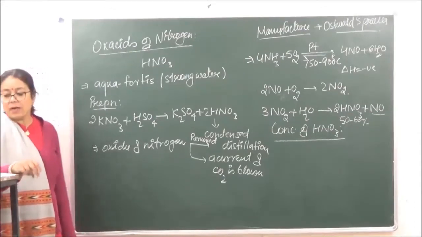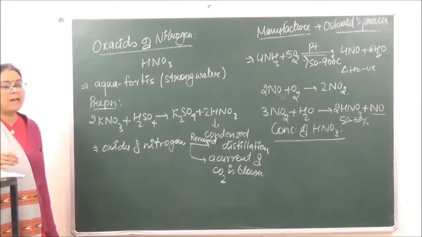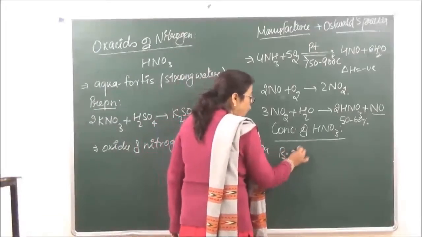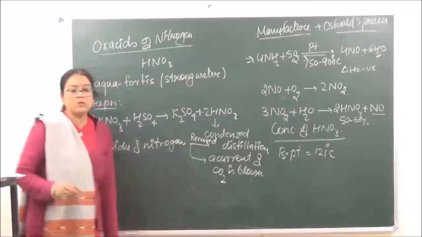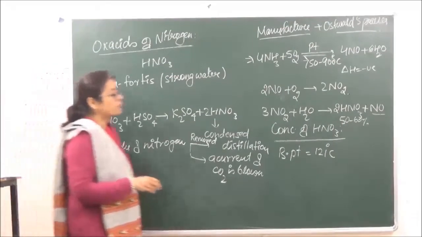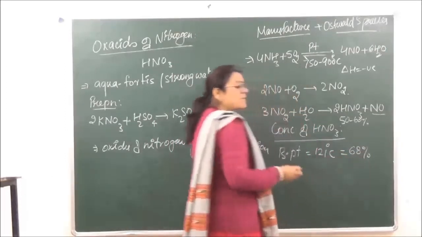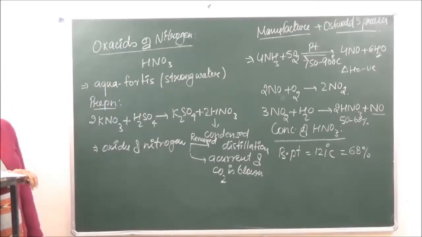ठीक है? Now when the azeotrope of HNO3 is formed by water, the azeotrope is formed at a temperature of 121 degrees centigrade. So it is at this temperature that the azeotropic mixture is going to be formed, and the concentration of the acid which is obtained at this temperature is 68%. ठीक है? So 68% जब हमको मिल गई, उसके बाद हम क्या करते हैं, इसको further distillation इसकी करेंगे,